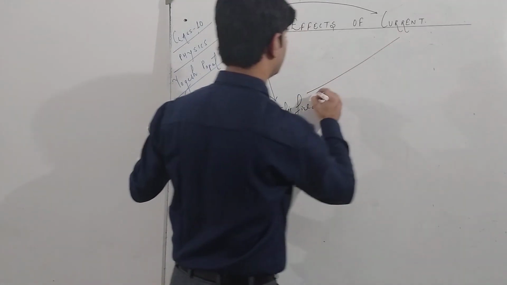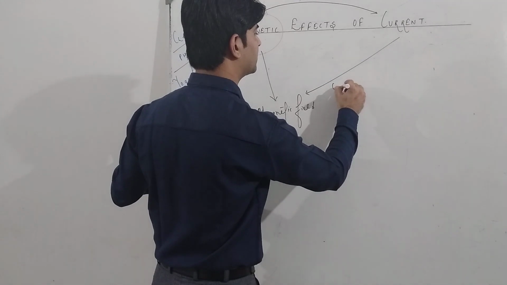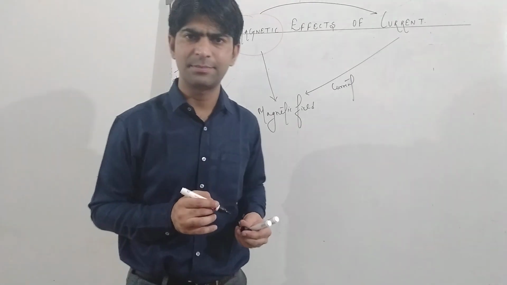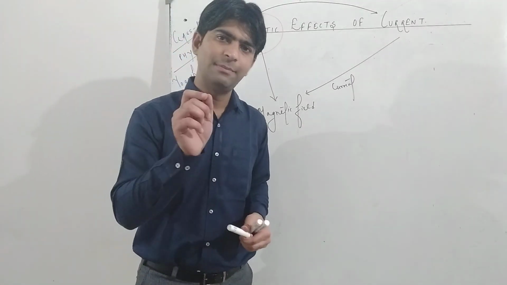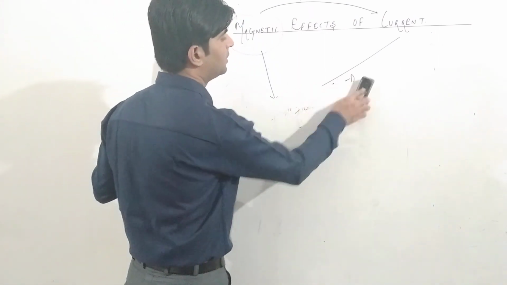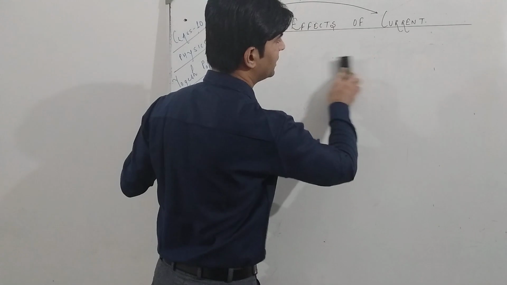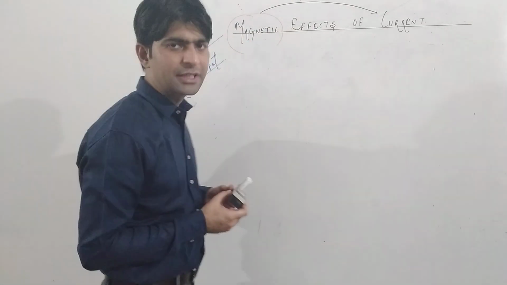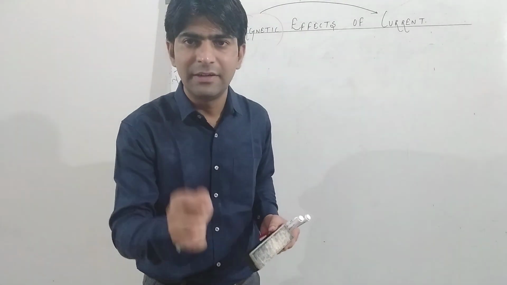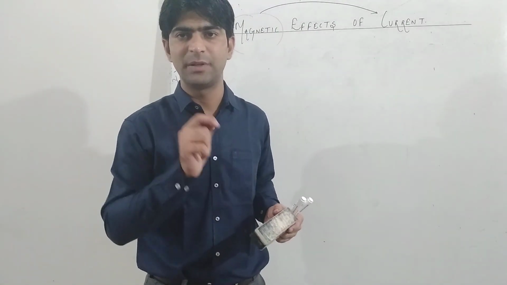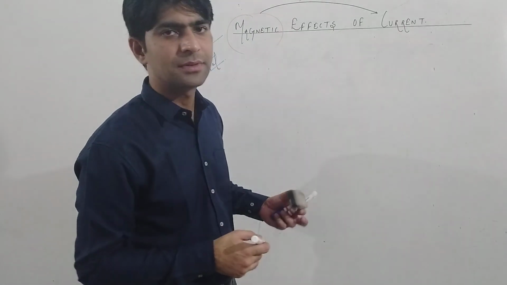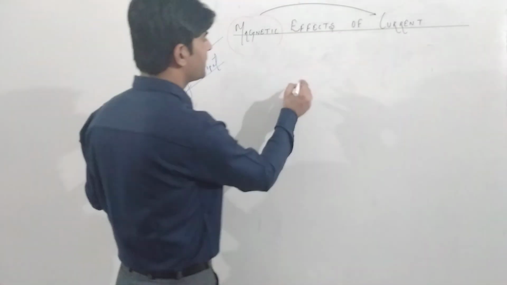with the help of electric current. To demonstrate this, the experiment is called Oersted's experiment. Christian Hans Oersted was a scientist who demonstrated this experiment, and we will also demonstrate it, in which I can show you that a magnetic field is actually produced near a current carrying conductor. Before going to the practical demonstration, let us first see the theoretical terms in this experiment.